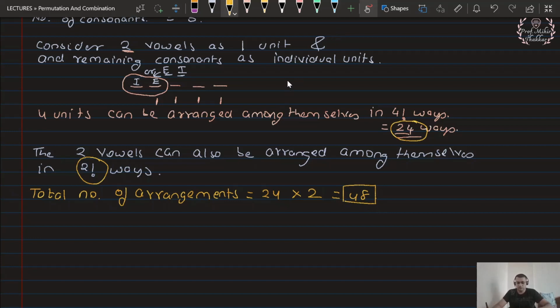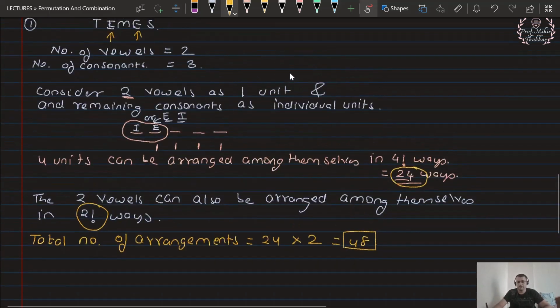48. That was your case number 1, which says that if you are told that a certain number of objects are together, consider all of them as one unit, and the remaining objects which have no condition of being together, consider them as individual units, and then you will get the total number of units. Like I have got 4 factorial over here, and inside the unit once again we will make the arrangements according to whatever the number of objects are available inside the unit. Then multiply both the cases to get the final answer. Am I clear? Let us see case number 2.